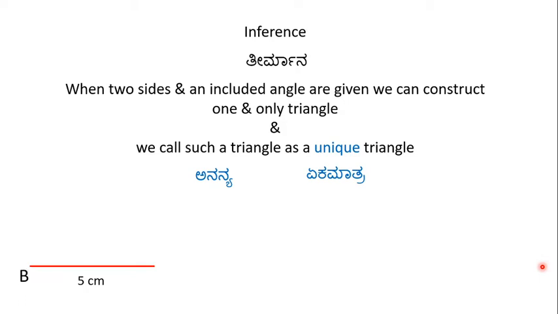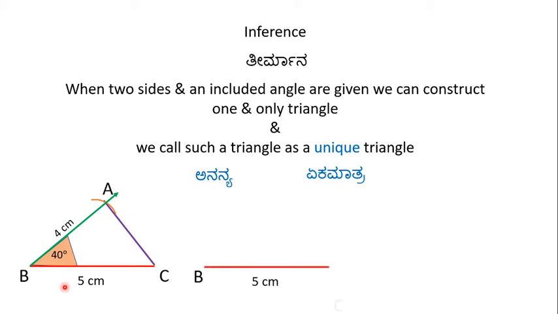Now please observe the following slide. Here is some other interesting point for you. We can be given two sides and an included angle like this. So here AB, BC and angle B are given, or we can also give you two sides, say BC and AC, and you can just join AB in order to get a unique triangle.